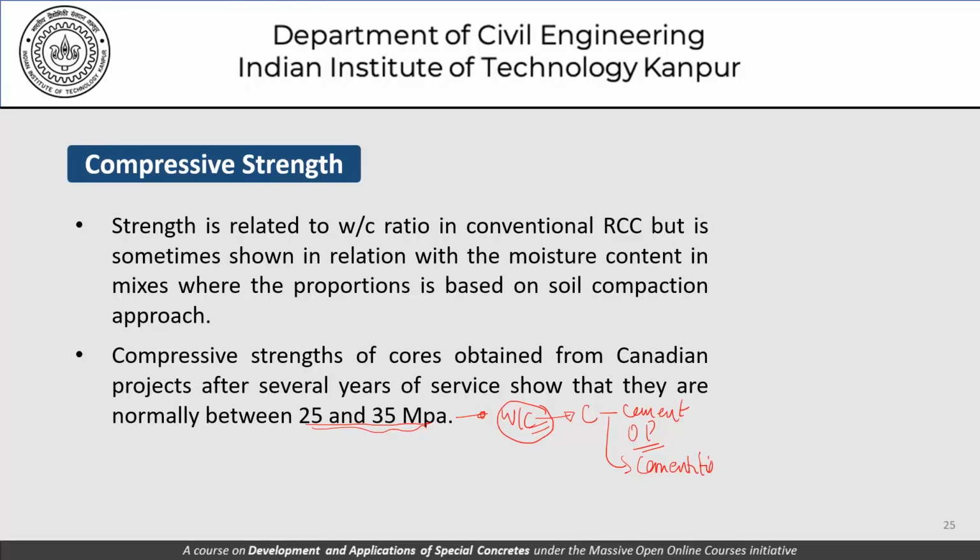And in all concretes where we are using material like fly ash or slag or silica fume, apart from cement, it is equally important to be talking in terms of the cementitious material content and talk in terms of the water cement ratio or the water to the cementitious material ratio when we are talking about the importance of this parameter and its relationship with the strength of concrete achieved.